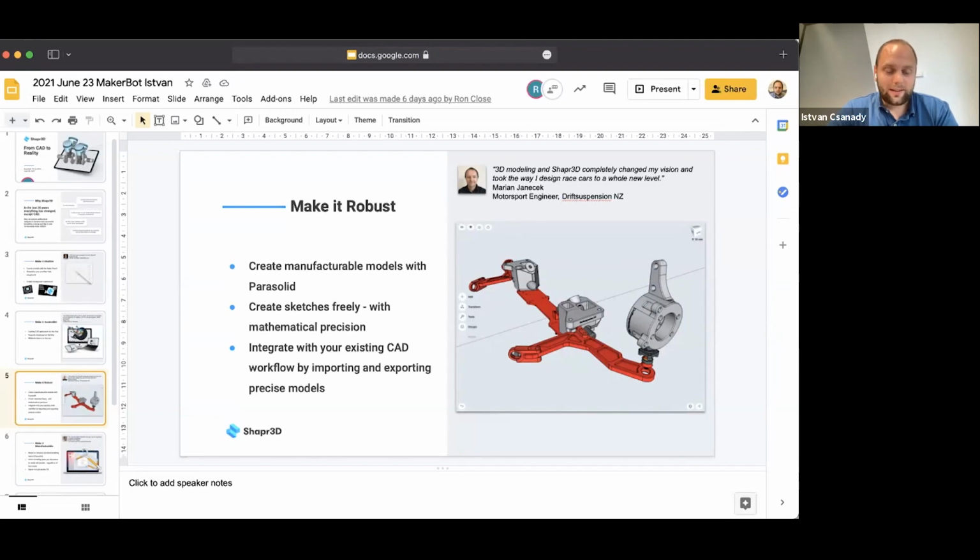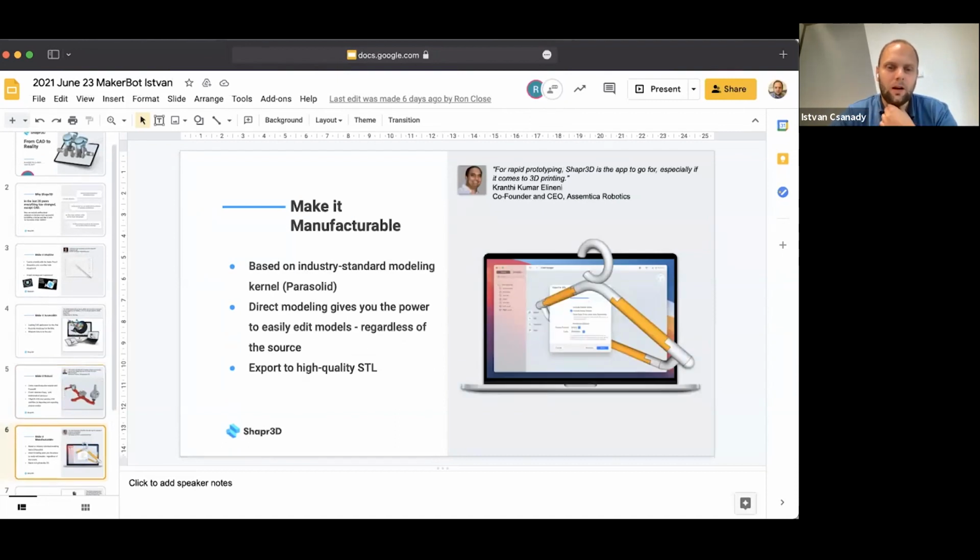And of course, it also means that we are export and import compatible with other CAD systems, since the data representation in Shaper 3D is the same as in these CAD systems. We are just as compatible with other CAD systems as other CAD systems are compatible with each other. Also, what's created with Shaper 3D is not just a nice piece of graphic.